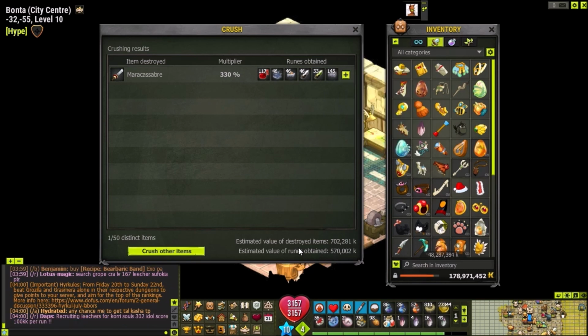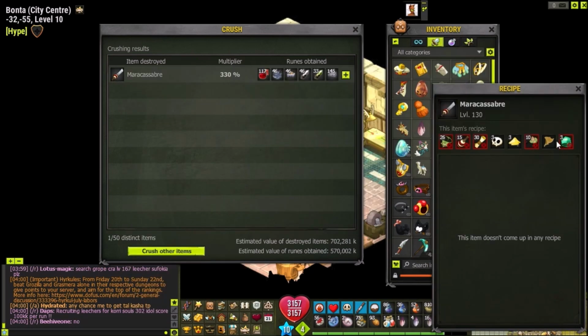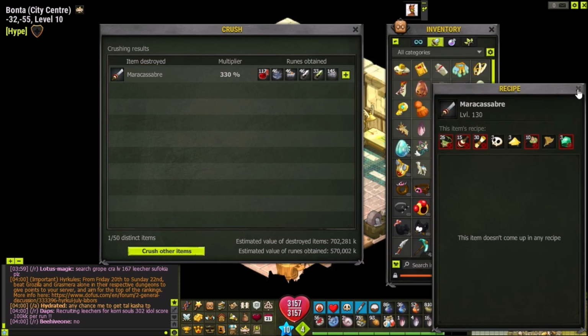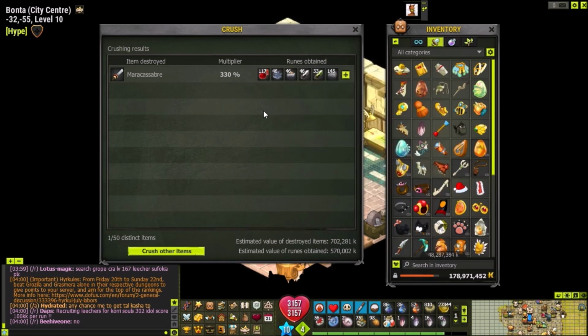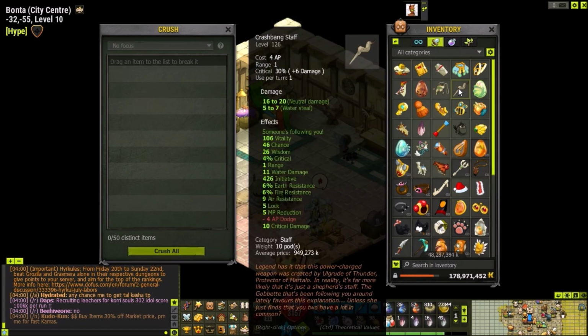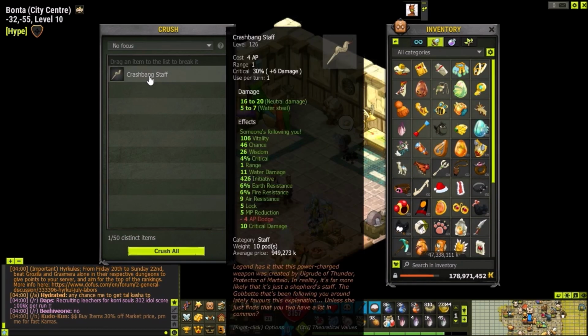Don't be fooled by the estimated value of destroyed items, because when I crafted these items, I actually had most of the resources from Perceptor hunting or just farming in general. So most of these items were pretty cheap. So I am making profit from this. Crush other items. For this item, I think I will be...